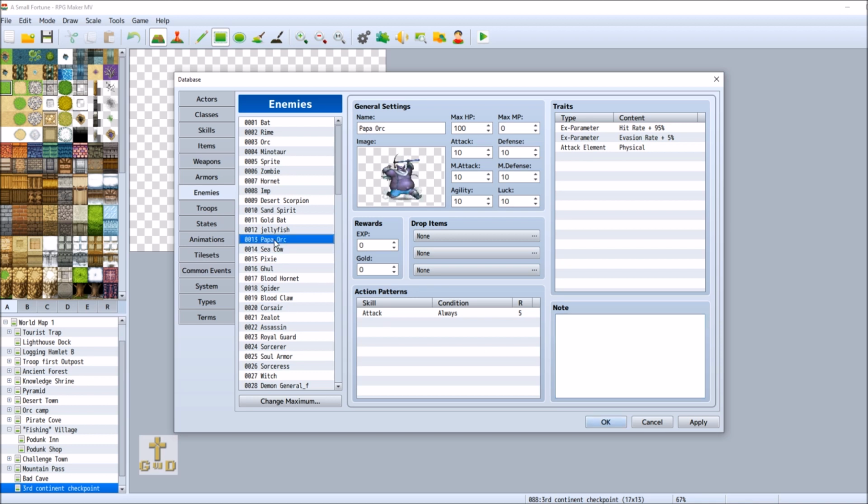Papa Orc. I want to save that one for the fourth continent. Jellyfish, we're not going to use. I could erase it, but... Well, we could use it somewhere, but not here. Blood Hornet, we'll do that, sure. I want a good mix of...